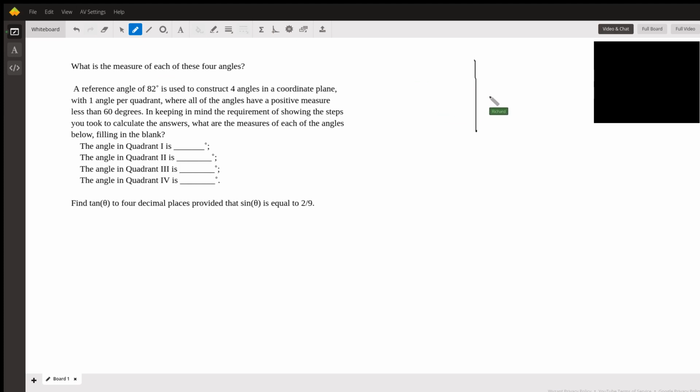So in the first quadrant, if the reference angle is 82, then the angle itself is 82. In the second quadrant, if the reference angle is 82, then the angle itself,